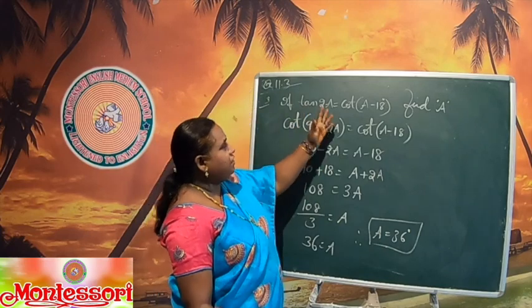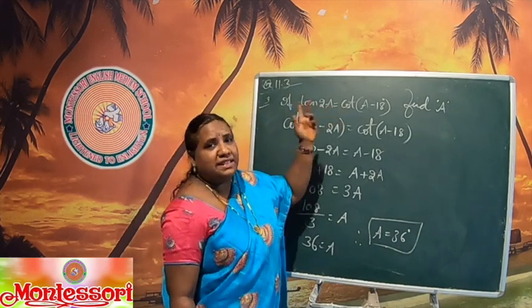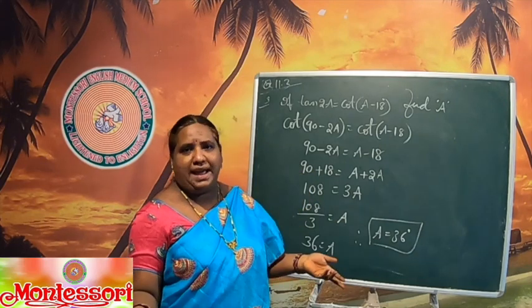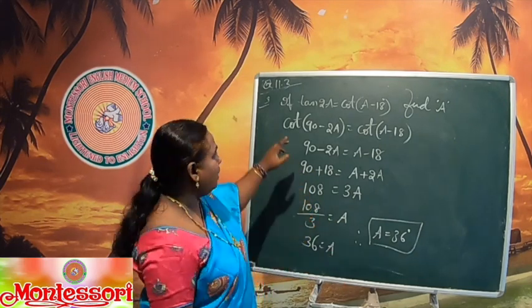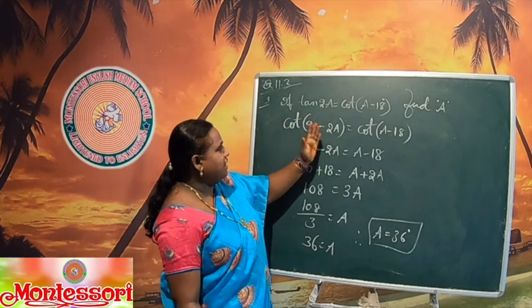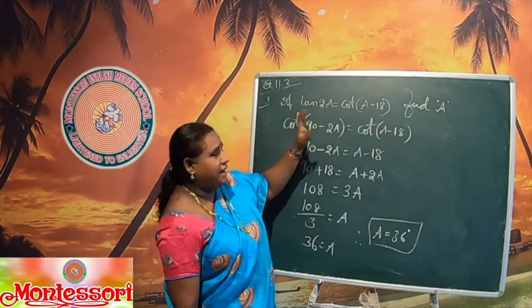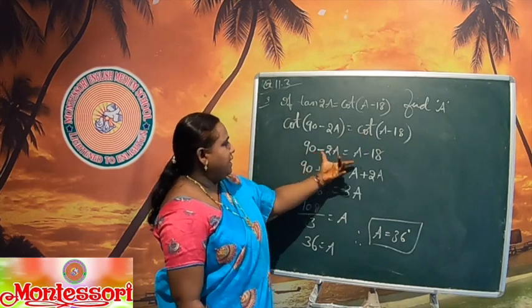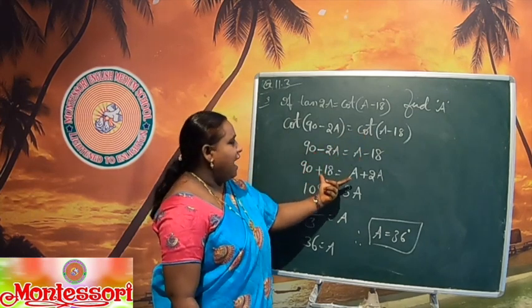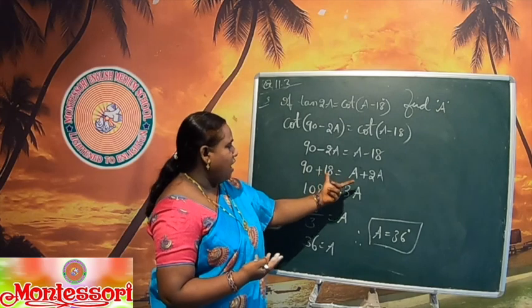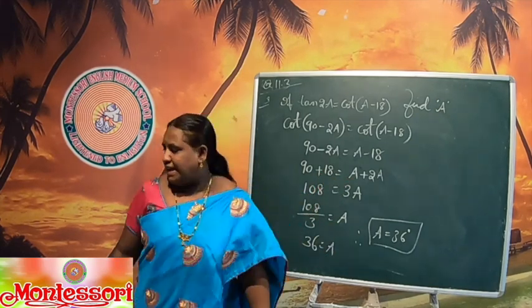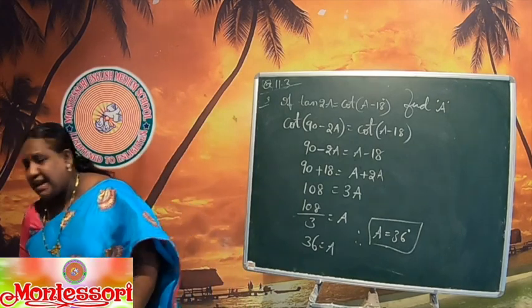But you just have to see that both must be in the same trigonometric ratio. If not, we have to change it by using the complementary angle. That's all. That's why I wrote cot(90 minus 2A). After taking the cot on both sides, if you equalize the remaining angles and follow the simple equation method, with all variables on one side and numbers on one side, the value of A is 36. The fifth sum, I already gave as homework.